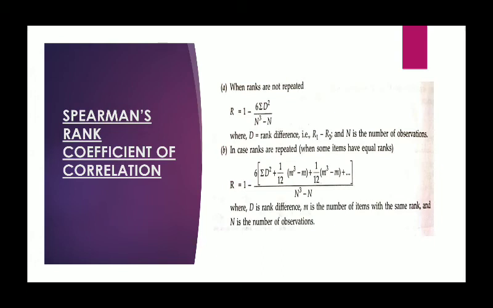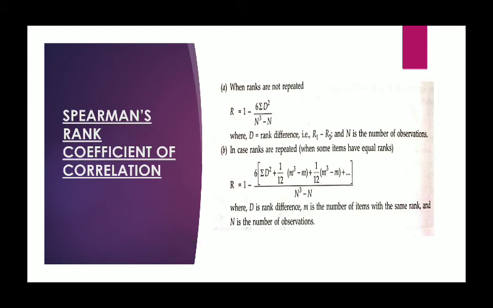Now, we may rank the participants in the beauty contest in order of the rank according to beauty. The most beautiful lady will get rank 1 and so on. Similarly, the admission committee of a school may prepare a list of successful candidates interviewed by it on the basis of rank. That is the order of preference. So in this way, we have two sets of rank of two variables for which we want to study the correlation between the beauty and intelligence, physical strength and efficiency, etc. So here we will use this formula, R equal to 1 minus 6 summation d square divided by n cube minus n, where R is the coefficient of correlation, D is the difference of the rank of the same item in two series, and n is the number of pairs.